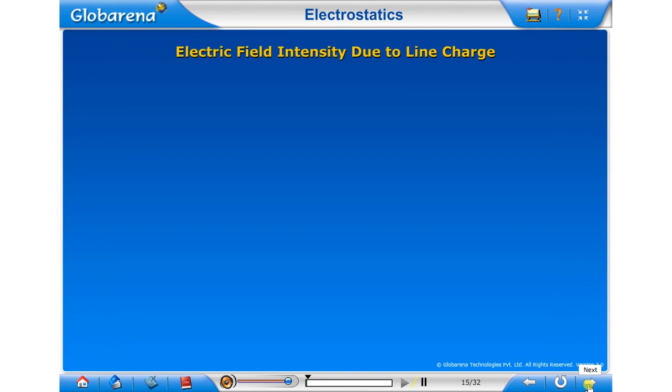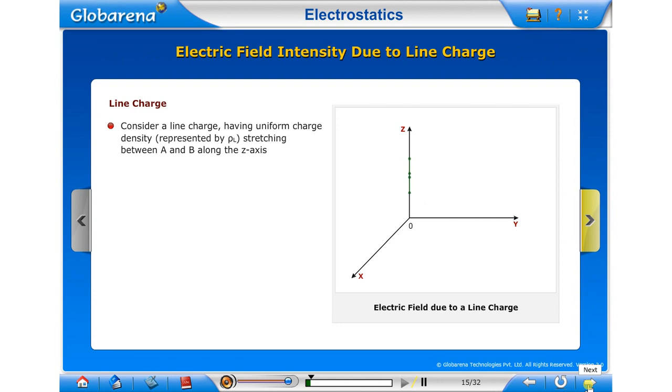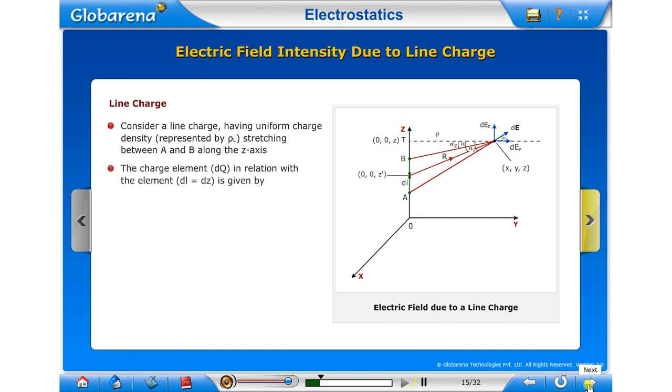Electric field intensity due to line charge. Consider a line charge having uniform charge density represented by rho L stretching between A and B along the z-axis. The charge element dq in relation with the element dl = dz is given by dq = rho L dl = rho L dz. The net charge q is given by